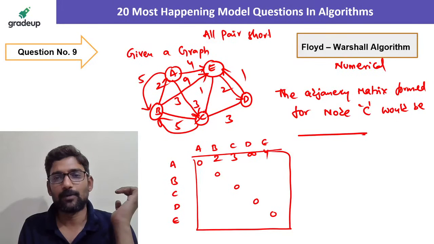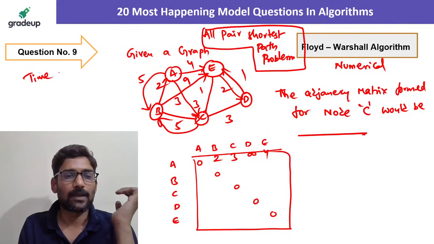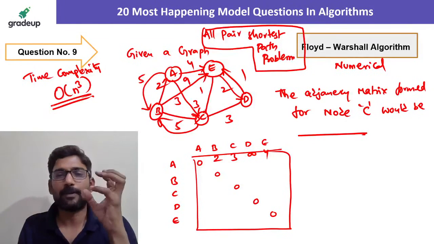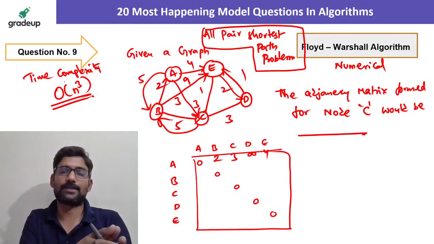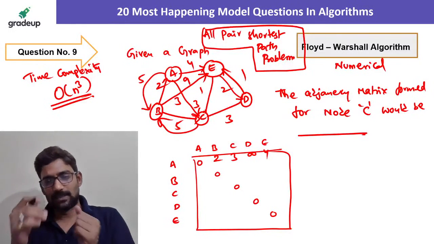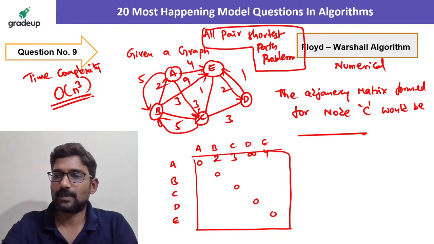So, Floyd-Warshall algorithm you call as all pair shortest path problem, and the time complexity of it is big O of n cube. So from Floyd-Warshall algorithm, you may expect a time complexity related question or this numerical question. Okay. Next is